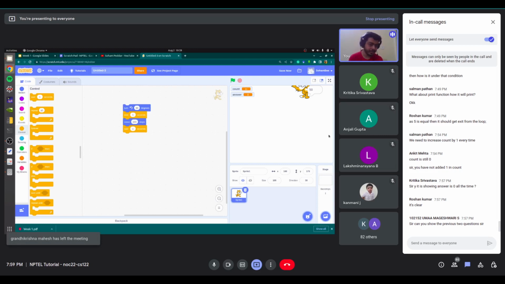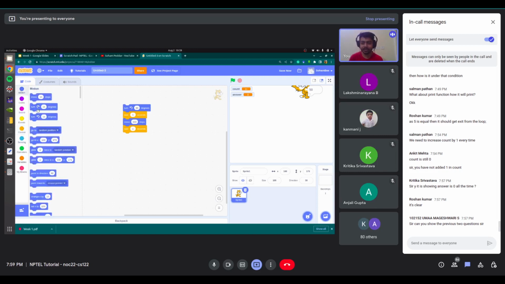Then we want to turn again. How many degrees do we want to turn? We have to turn 60 degrees to come back to the horizontal, then 60 degrees again. So we have to turn 120 degrees. We go to motion, and you can see the direction of turning. You want to turn clockwise now. We want to turn 120 degrees.